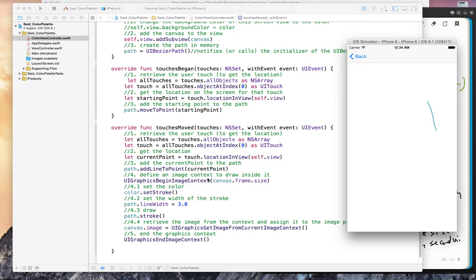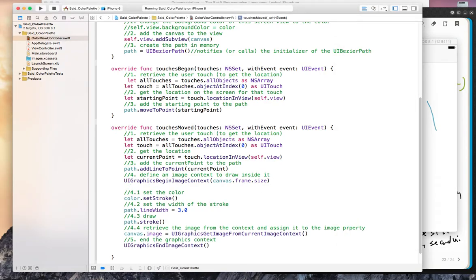So when I begin an image context from scratch and retrieve this, put it to the image, before I start drawing, I want to take, if there is already an image in the canvas, I want to draw that image first. So if I come here and say, draw the existing image first before